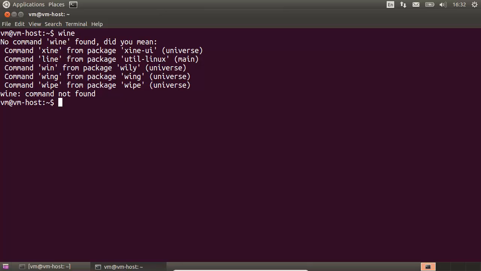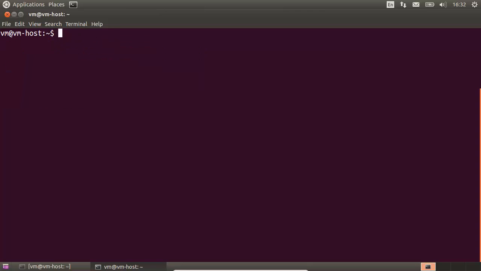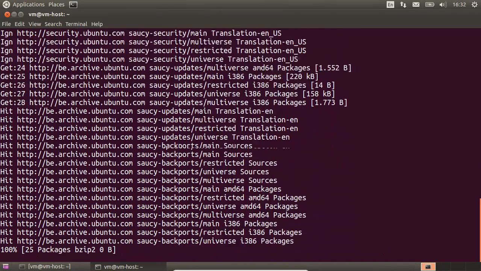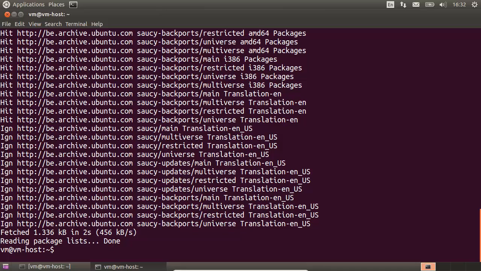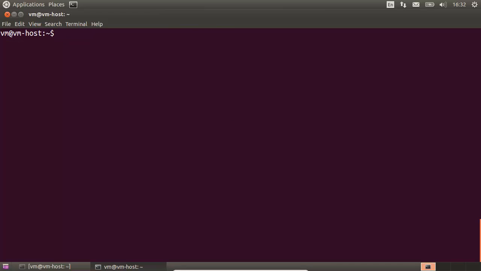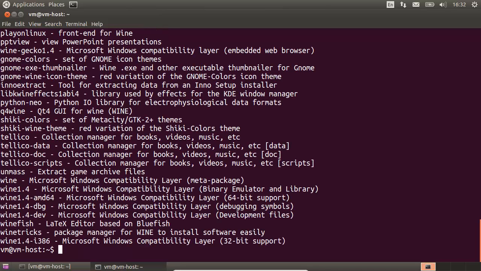Now, the first thing we have to do is update the apt-get package cache. So we go apt-get update, and that's going to query the repository servers for us. That takes about 20 to 30 seconds, I'd say. So once that is done, we have a nice and clear update of our package cache. So now we can go and find, excuse me, that's not cache. Search wine. So we've got Wine